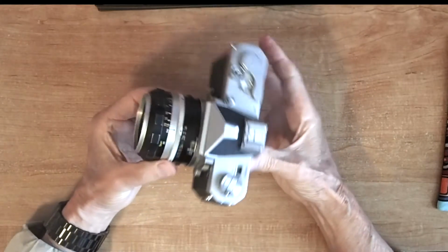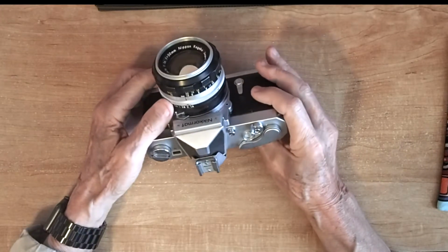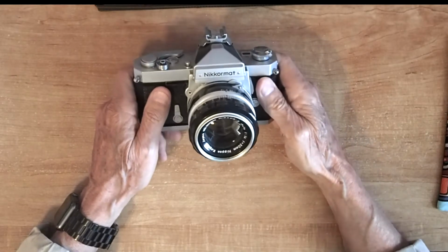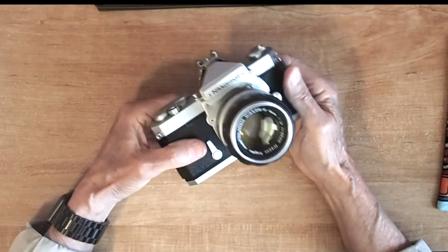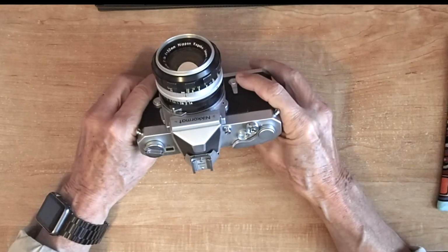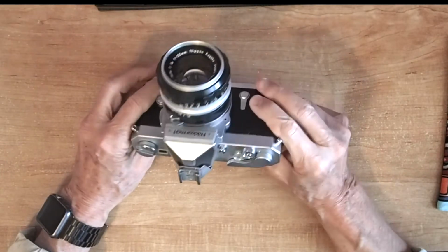If you've seen any still pictures of combat in Vietnam, and who hasn't, 99% of those pictures were taken with either Leicas or Nikons. Probably most of them were taken with Nikons. And most of the Nikon pictures were Nikon Fs, but a lot of the professional in-bed photographers also carried Nikkormats with them. These Nikkormats turned out to be incredibly reliable and slightly smaller and lighter weight than the Nikon F. And most combat photographers then carried at least a couple of cameras. That way they could switch cameras with different film and different lens in the other one. At any rate,